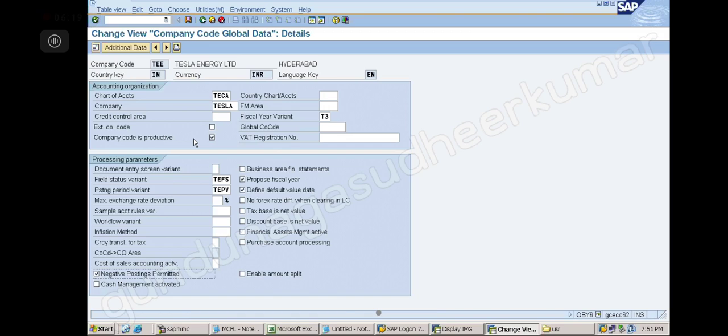Sometimes when I am doing BRS, I want to post minus 20,000. When I want to post minus 20,000, not debit and credit, I want to post minus numbers, negative numbers, then this should allow me. Negative postings permitted.